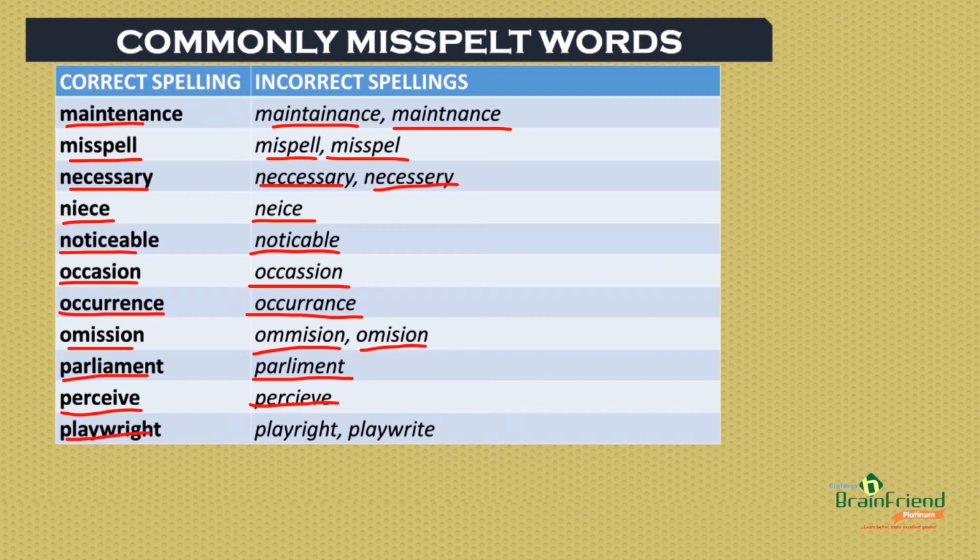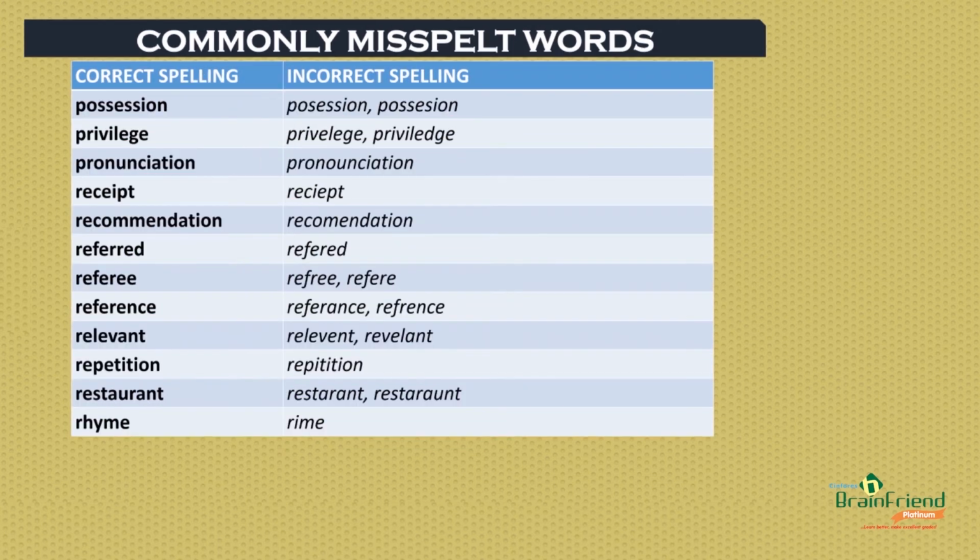Also, we have playwright, spelled P-L-A-Y-W-R-I-G-H-T, wrongly spelled as P-L-A-Y-R-I-G-H-T or P-L-A-Y-W-R-I-T-E. Next, we have possession, spelled P-O-S-S-E-S-S-I-O-N, wrongly spelled as P-O-S-E-S-S-I-O-N or P-O-S-S-E-S-I-O-N. Next, we have privilege, spelled as